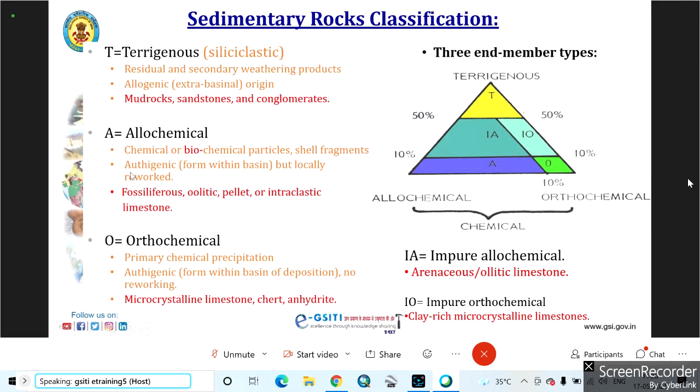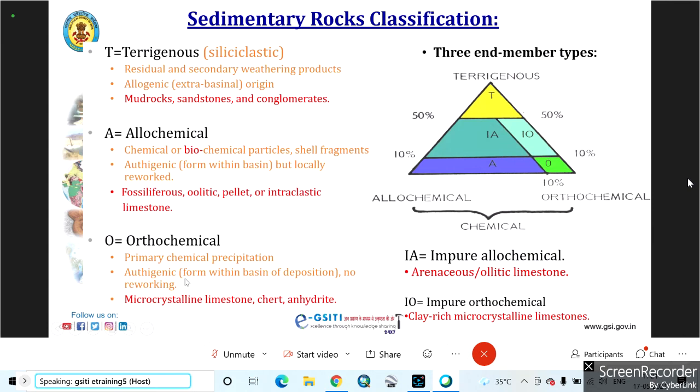So these may be orthogenic but locally reworked within the basins. Examples of these allochemical rocks are fossiliferous, oolitic, pelitic, or intraclastic limestone. The third category is the orthochemical, that is mainly primary chemical precipitation, that is totally formed by the orthogenic,